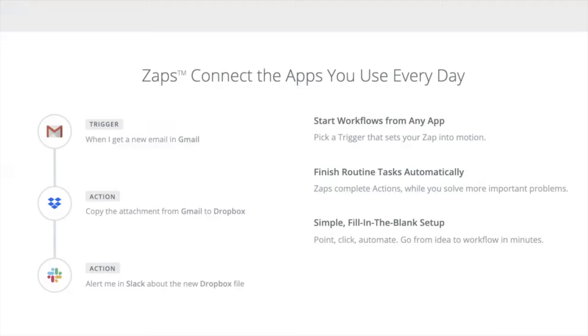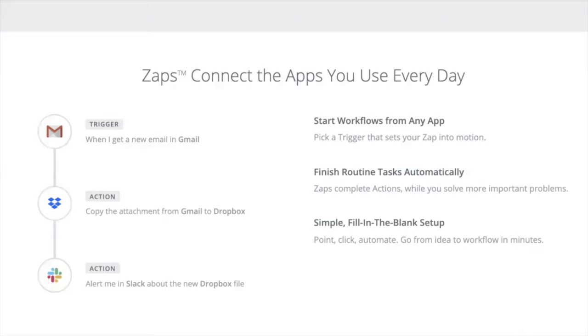One of the actions here is that it copies an attachment from Gmail to Dropbox. This is pretty cool because Zapier can go into that email that you got, check for an attachment, put that attachment into Dropbox, and you can even set permissions within Dropbox. Say you wanted to put it into a certain folder and only share it with these people. Zapier is pretty powerful in that sense, in that if you give Zapier access to your apps and your integrations, then it's able to do a lot of things, automate your workflow, and make your life a